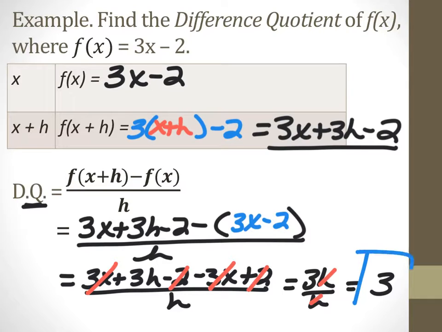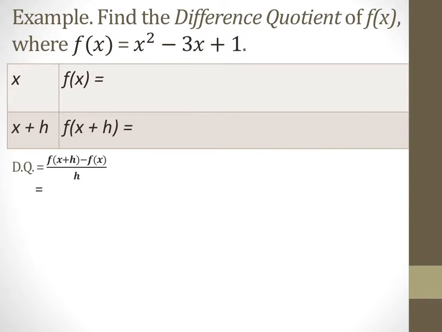So the difference quotient for this particular function is 3, a number. Now what happens if we have a function that is not linear, something different? We're not just going to get a number from this thing. And so f of x is exactly the way you see it, so let's go ahead and put x squared